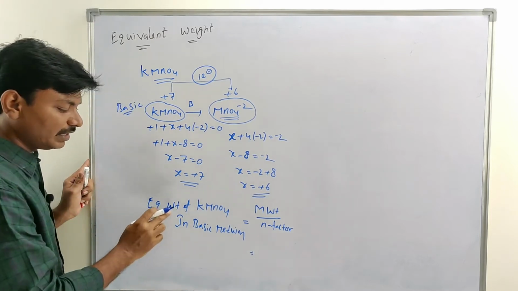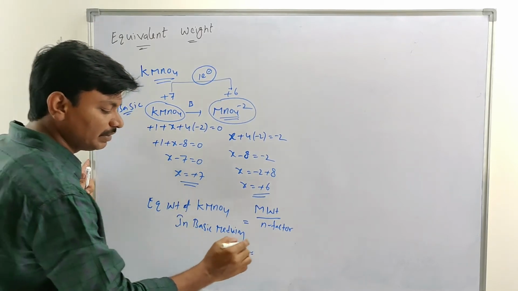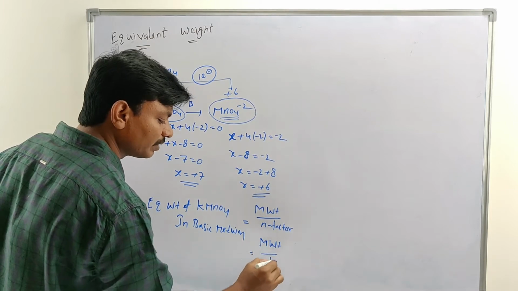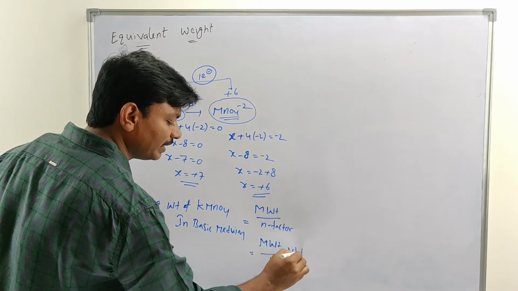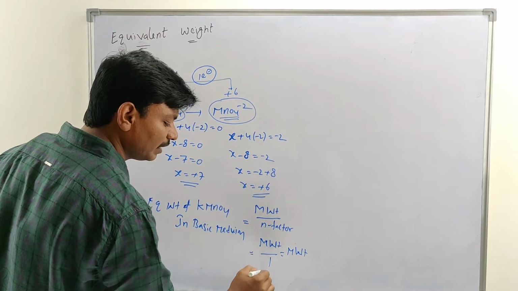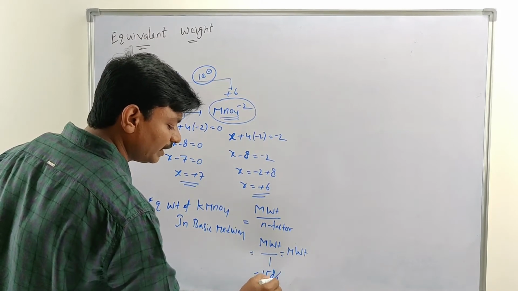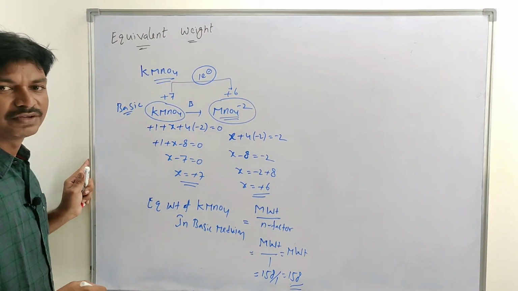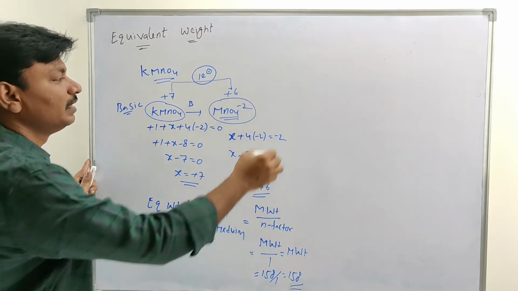Here, the equivalent weight of KMnO4 in basic medium equals the molecular weight of KMnO4 divided by 1, that equals the molecular weight. The molecular weight of KMnO4 is 158 divided by 1. That is, 158 is the equivalent weight of KMnO4. Okay. In acidic